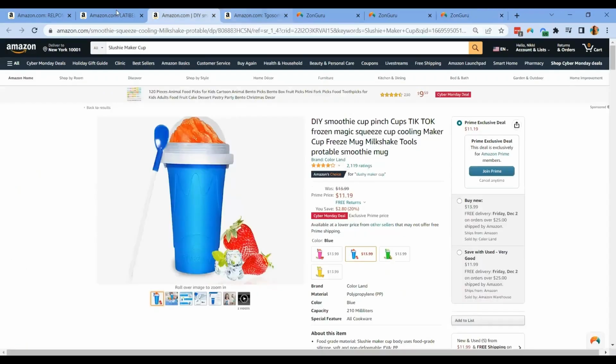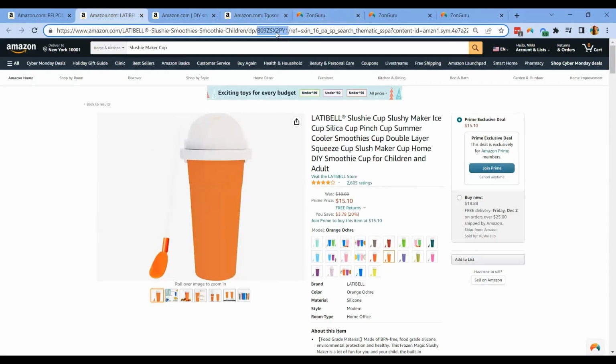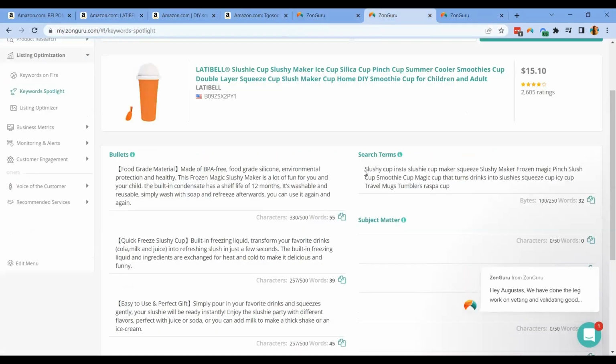I was able to find 3 competitors. I did the same. I copied the ASINs, and ZonGuru was able to quickly give me the search term that this ASIN is currently using. So they have here Insta, Slushy Cup Insta, Slushy Maker Frozen Magic Pinch, Slush, travel mugs, tumblers. Even though this doesn't really make sense, we can certainly try to test out some of the keywords that we have found here and see if in 2 weeks we will be able to see some difference with our